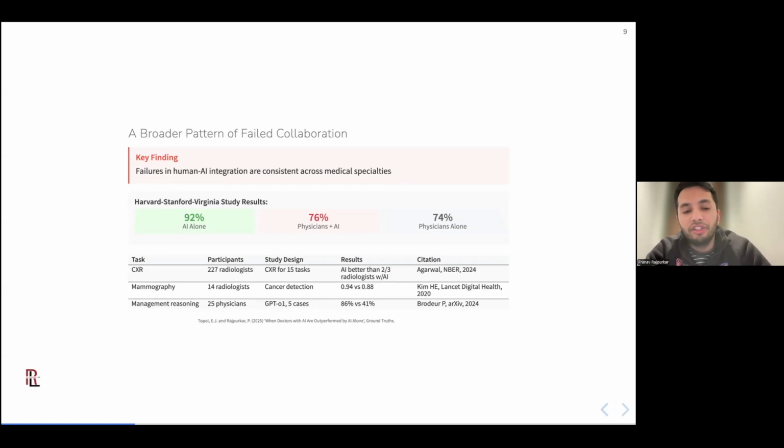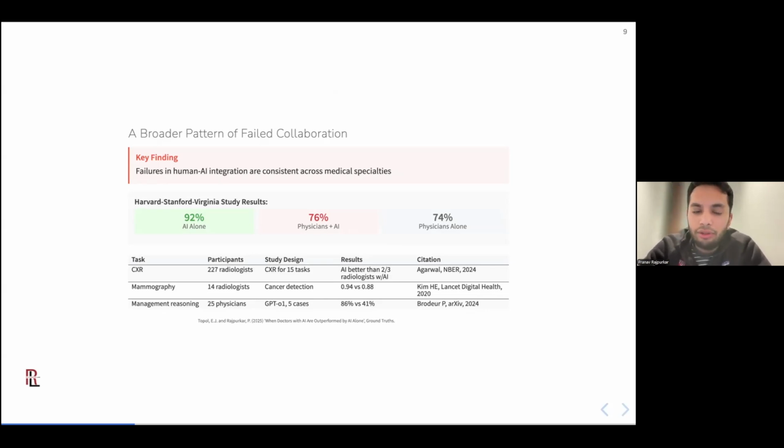A version of this work has now been published in Nature Medicine as of last week with similar findings, where the combination of the physician and AI was slightly better than the physicians alone, but it was far better to just have the AI alone perform this task.